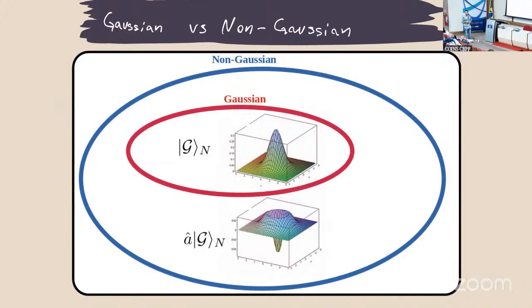The simple way to go non-Gaussian, at least in quantum optics, is to apply ladder operators. Ladder operators are creation or annihilation operators, as you can see here. This one in particular, we call photon subtraction. You literally subtract a photon from the state, and this creates a negative hole in the Wigner function, and this becomes something that scales very badly and becomes very hard to simulate in a classical computer and to implement in any experiment.